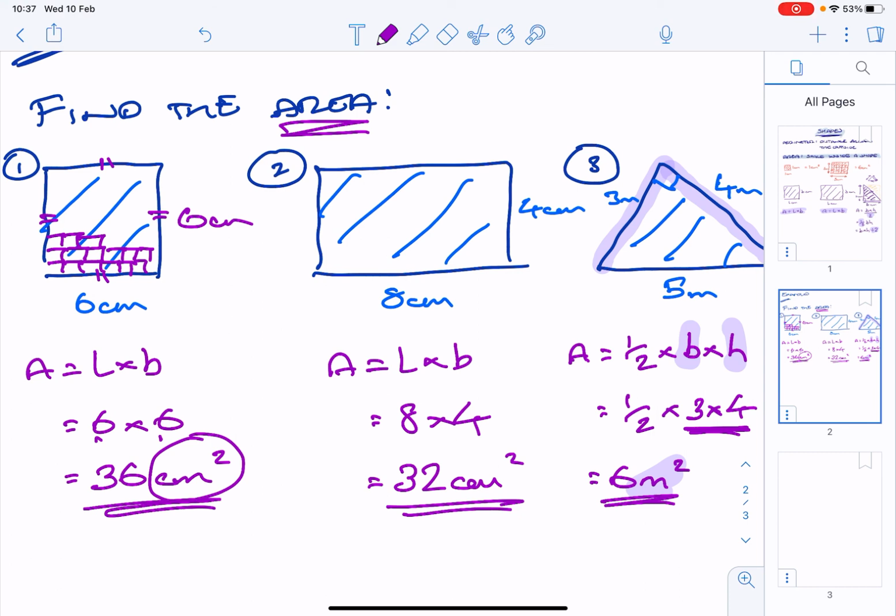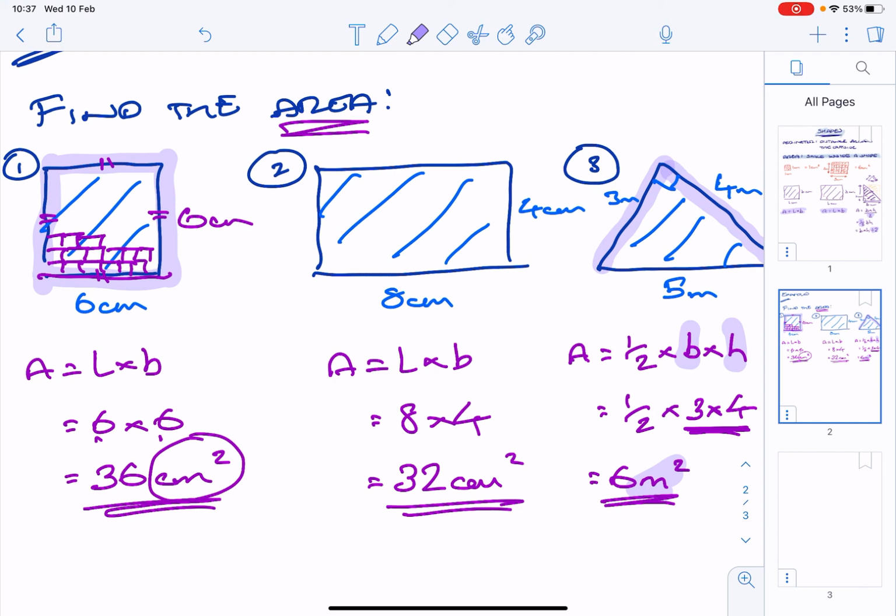Right, so that should get you started with area. Just be very, very careful what the shape is and pick the correct formula for that shape. If it asks for area, then it's one of these formulas. If it asks for perimeter, then it's adding up the sides. For example, if I look at this first one, if I want the distance around the shape, it's basically that plus that plus that plus that. 6 plus 6 plus 6 plus 6, which is 24. It's 6 times 4, so there could be a formula there,